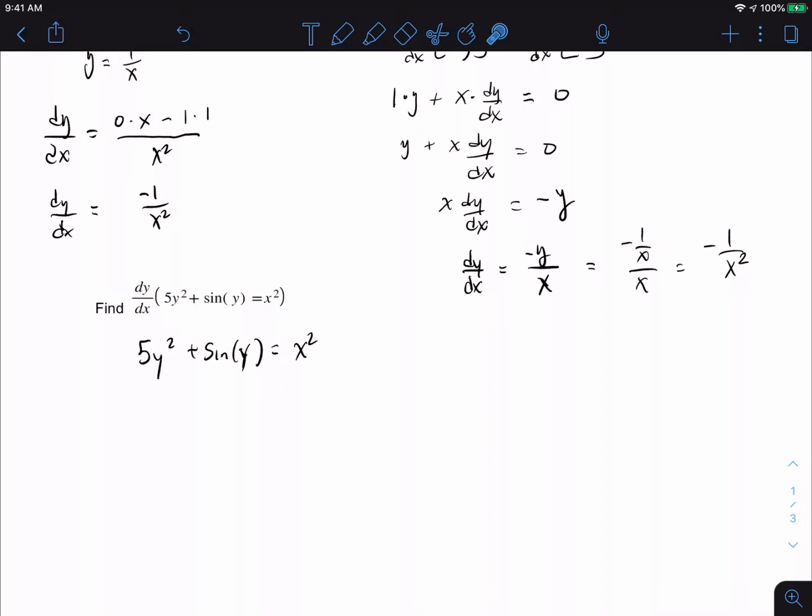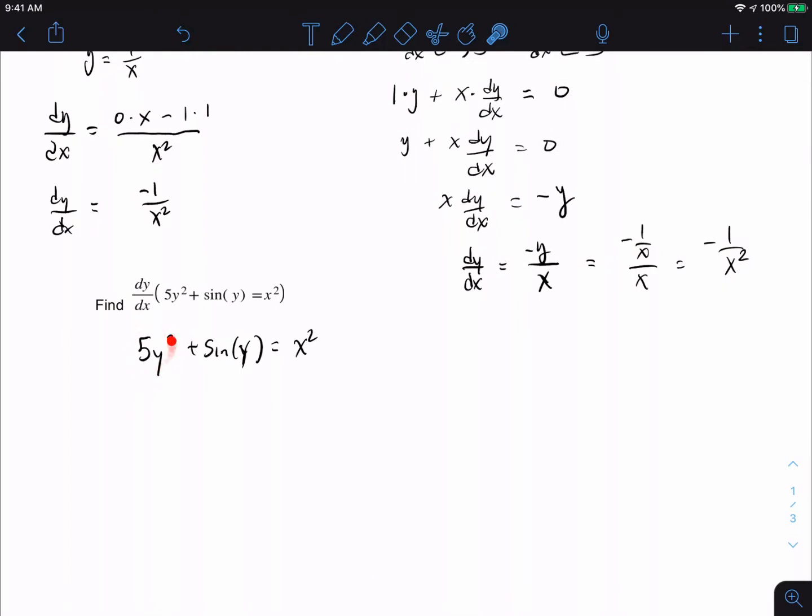Okay, so from here, when I take the derivative of this piece right here, what's the derivative of that going to be? 10y, perfect. 10y. Plus, what is the derivative of sine of y? It's awesome. So many of you guys, I love it. You're going cosine of y, Montiel. Problem is,